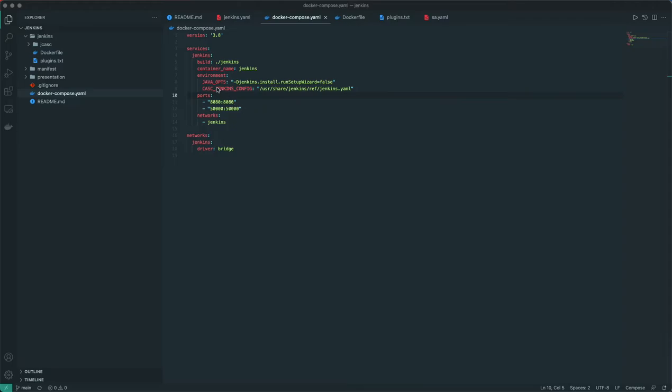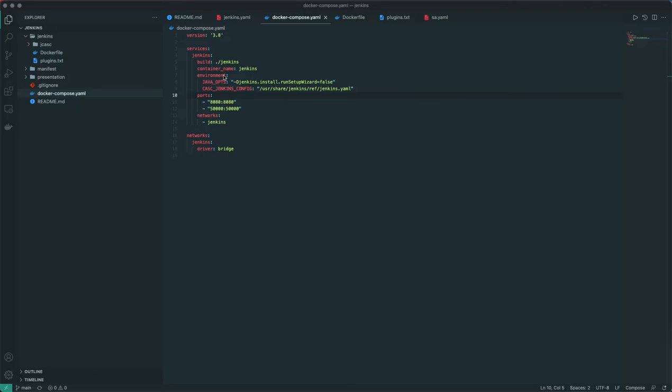For the shared library, usually we have to fetch the functions from the Git repository, but for learning purposes we'll use the local file system as the Git repository.